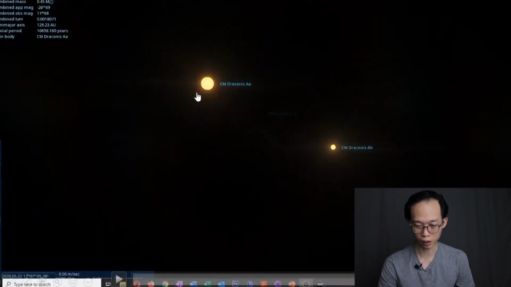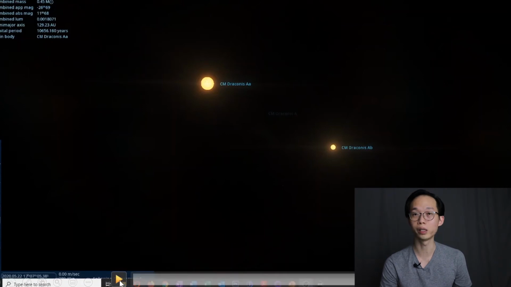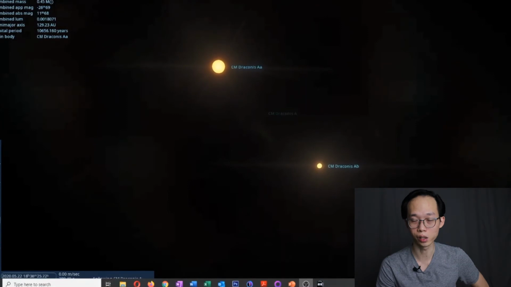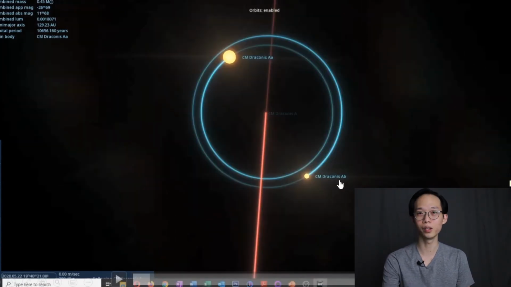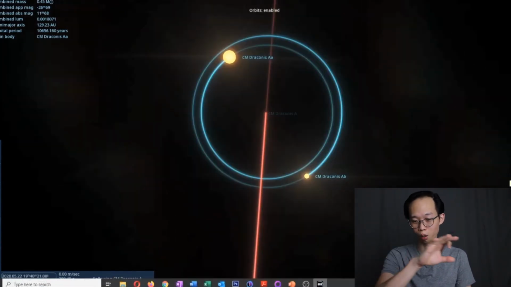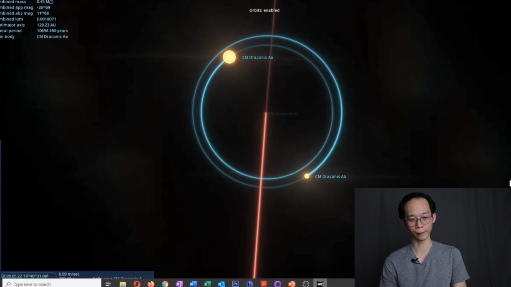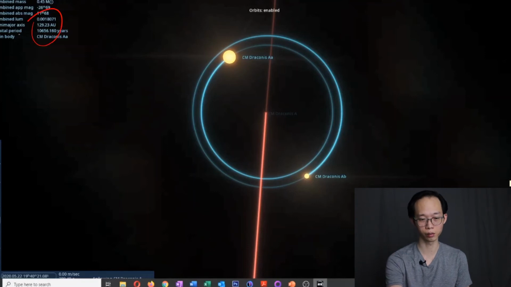So have a look here. This animation is taken from a program that I downloaded from the Steam store. You can search for it. It's called Space Engine. It's pretty cool because you can just zoom in and view all the different planets, stars and constellations that you can find. They also give you some interesting data on the side here.